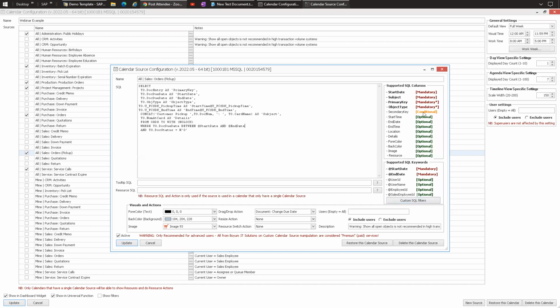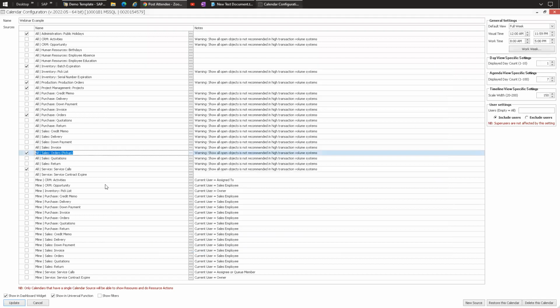You can do all these variables, and you can use a custom tooltip as well. Change the text colors, the background colors, the images as static. And then you can customize the drag and drop action, resize action, and resource switch action. You can control what users can view that data. And then again, you can use this information to combine all those different pieces of information into a specific calendar.